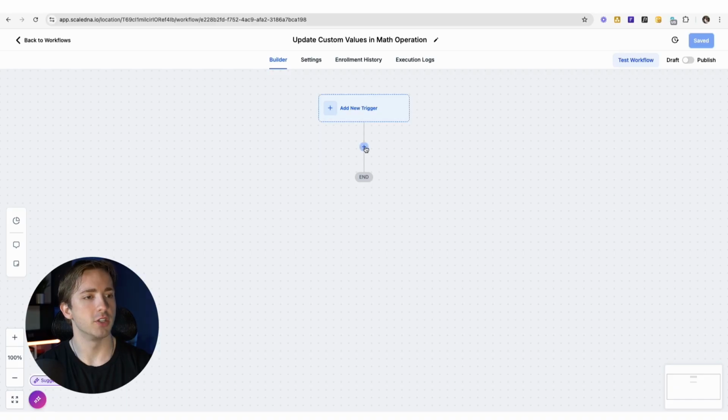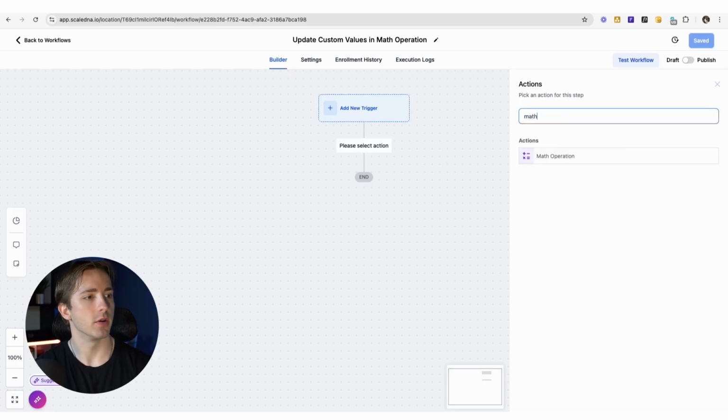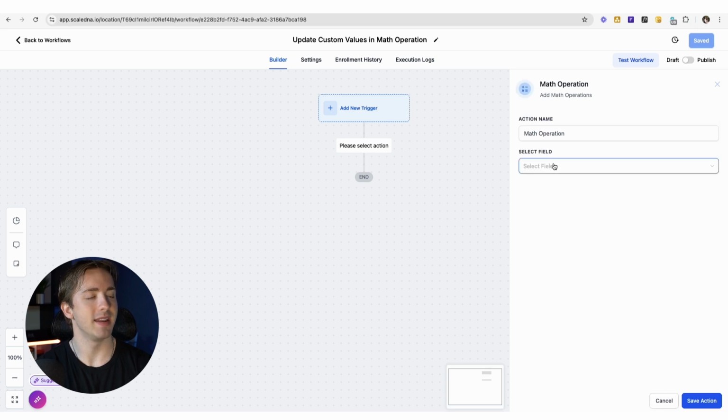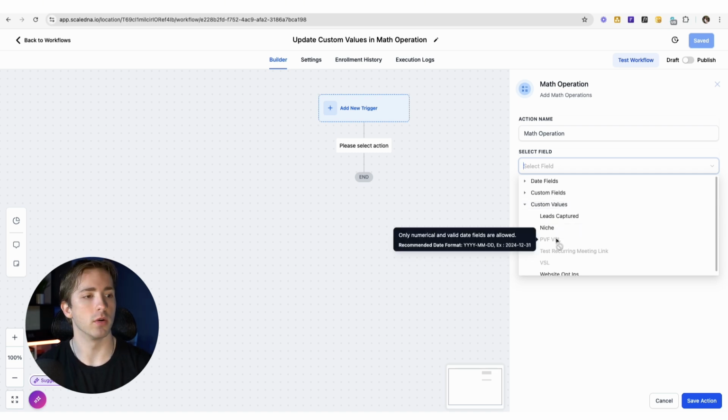So in any of our automations, our math operation is going to be under actions. And previously we didn't have the ability to update custom values, but now we do. So if we go to select field, we can now select anything between date fields and custom values. So if we click custom values, then we'll be able to see all of our different custom values that are value related, as in numerical. So only numerical and valid date fields are values that we'll be able to update,